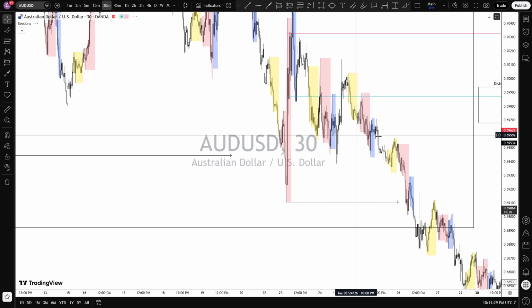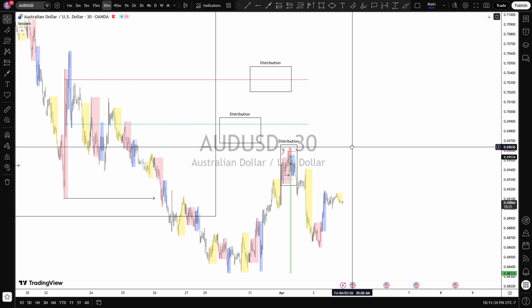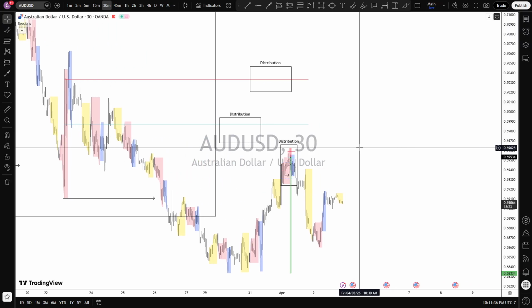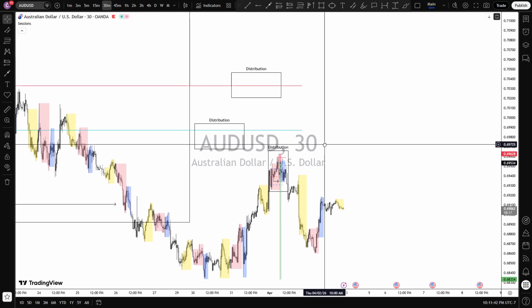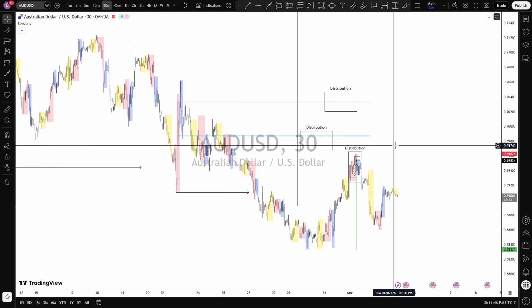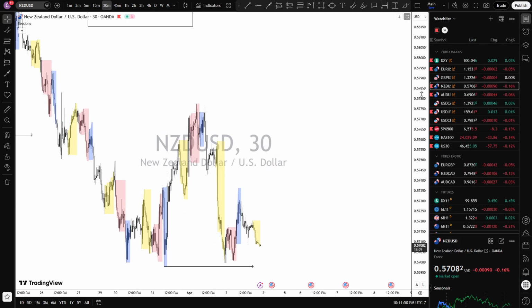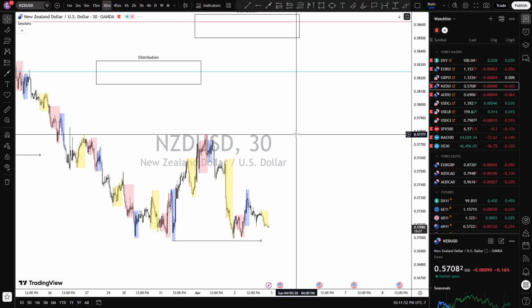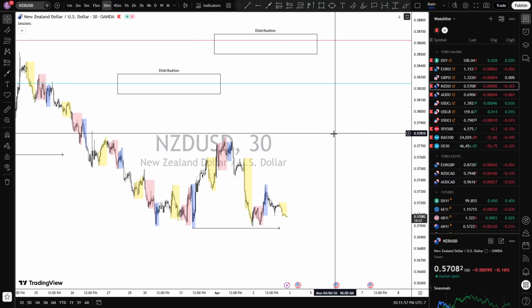I think it was mostly because I had my alerts higher up, and it just didn't trigger, so I wasn't even looking at AU. But it did give a valid distro. I wish I would have saw it, but yeah, I had my alerts like up here, so I wasn't really close. And then NU wasn't in a point of interest either, so there's no reason for me to look as a correlation type of trade.